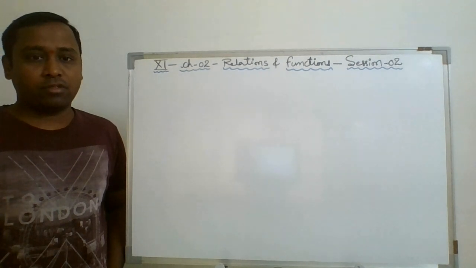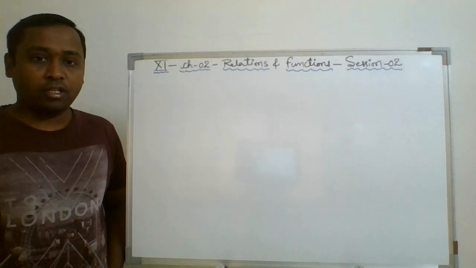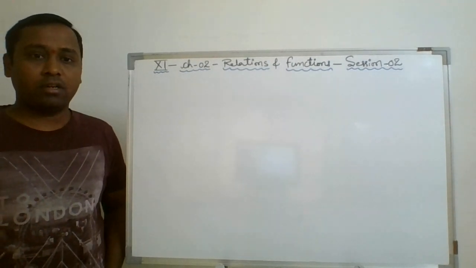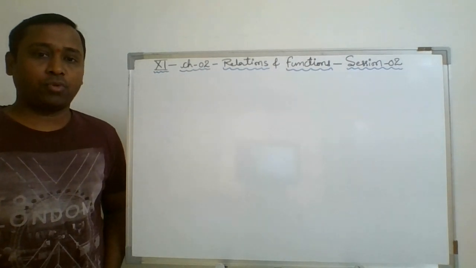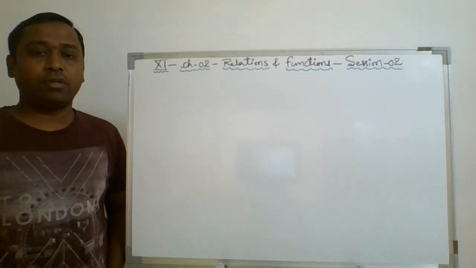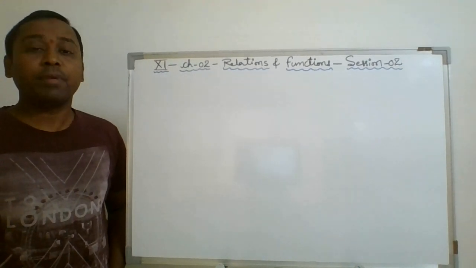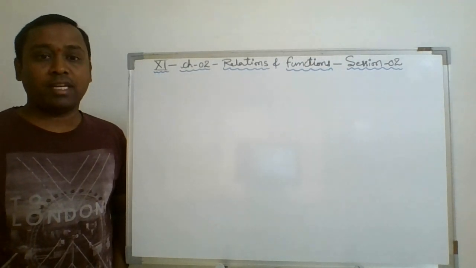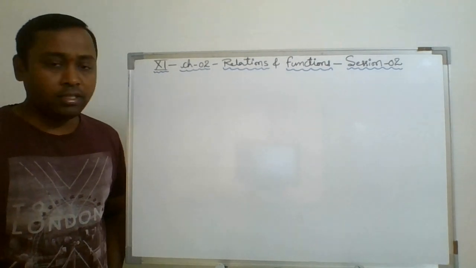So, let's have a discussion today in session 2, that is chapter number 2, relations and functions. In session 1, we have discussed the Cartesian product concept. So, with the help of the Cartesian product concept, now we are going to understand the meaning of relation today, and based on this you may solve the second exercise from the NCERT textbook. So let's have a discussion on it.